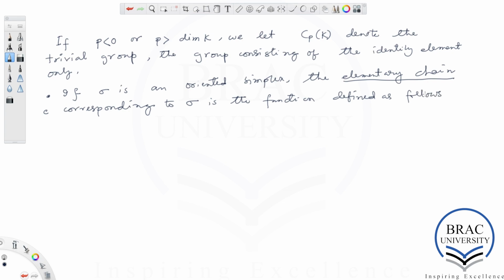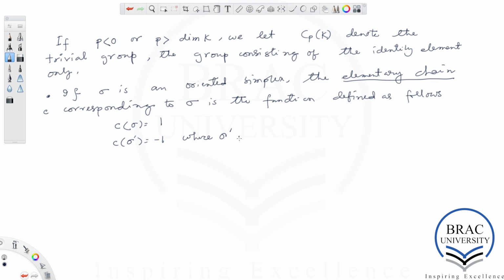Associated with each oriented p simplex we can obtain an elementary chain, the value of which on that particular oriented p simplex will be 1 only. On the same simplex which is oppositely oriented, the chain is going to give the value -1, elsewhere it's 0. C of sigma is equal to 1,